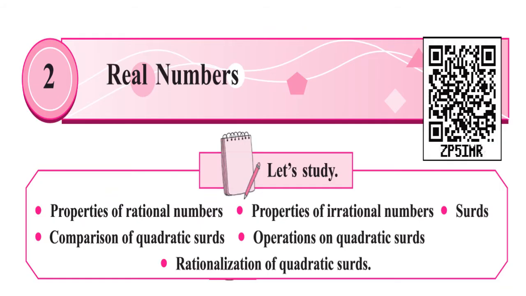We are studying chapter number 2, that is real numbers. In this, we have completed all the topics and all the practice sets. In the previous lecture, we started problem set 2 and completed question number 1, which was MCQ, that is multiple choice questions. So those questions were discussed by me in the previous lecture. Now let's go ahead in problem set 2 towards question number 2.